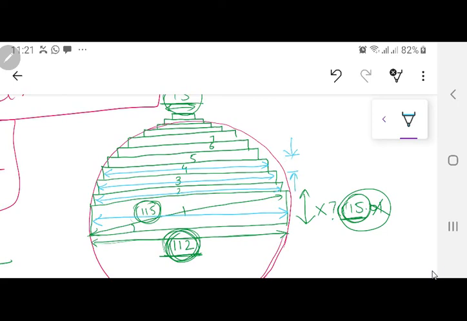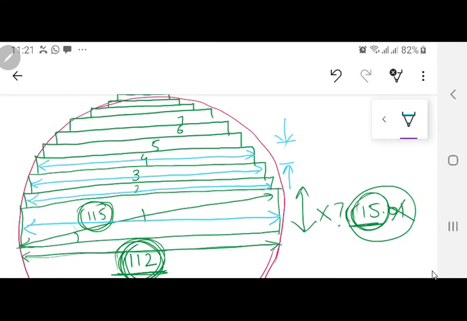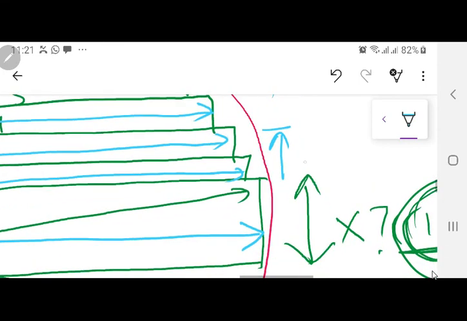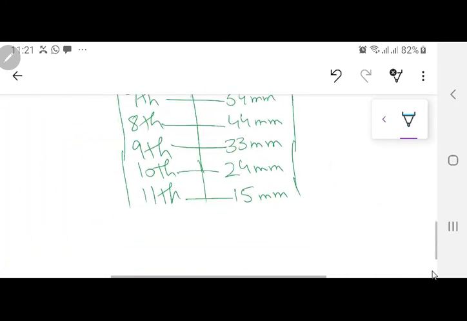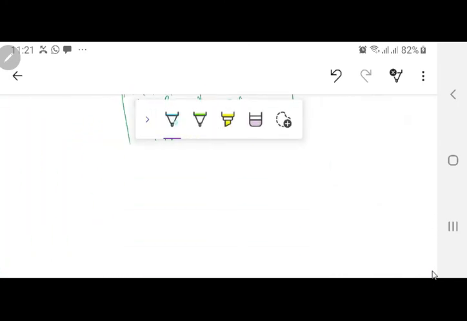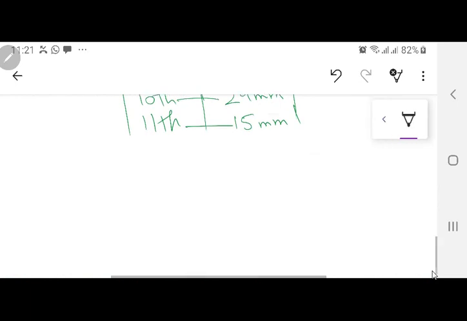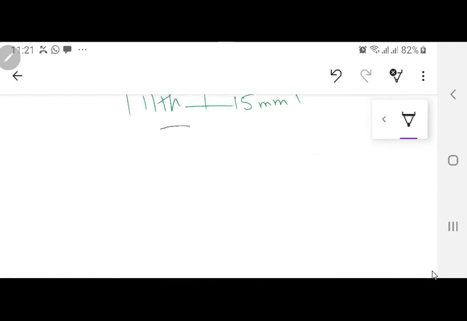ये भी निकालनी है. ठीक है जी? I need to find out this thickness over here. I need to find out this thickness and this thickness. ठीक है जी? Now for this purpose, if I go back and now over here let me make again that table. The first step is supposingly this one.